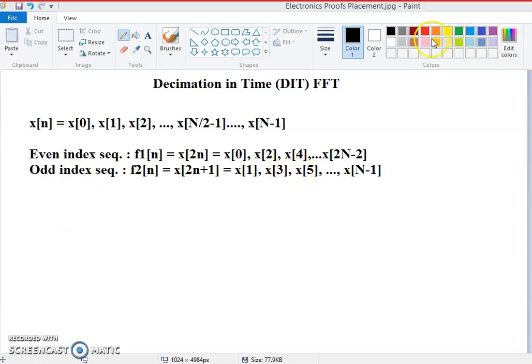Now what will be the DFT? The DFT is X[k], and what is X[k]? X[k] is the summation, n changing from 0 to N minus 1, of x[n]